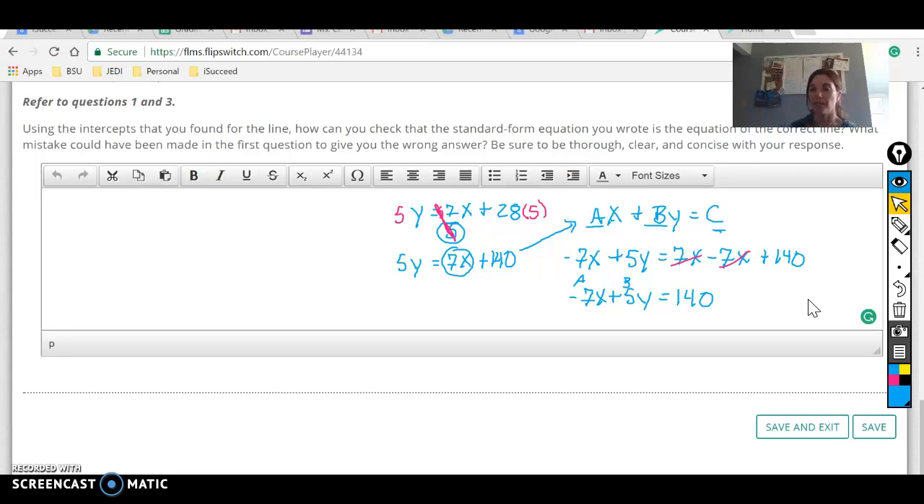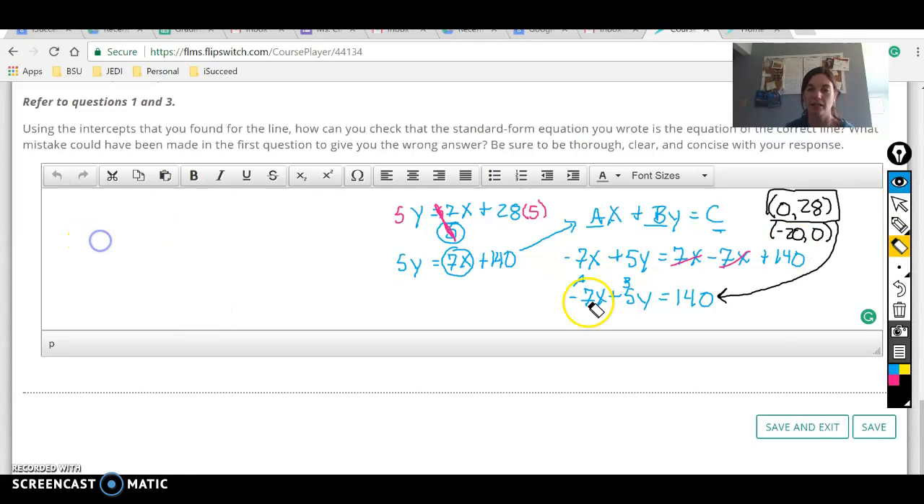Okay, so what we can do is, remember we had those 2 points that we came up with for question A. I'm going to go ahead and write those in black. The first one was our y-intercept, which was 0 and 28. And then the second one was our x-intercept, which was negative 20 and 0. All right? I can take these points one at a time and plug them into this equation and make sure that they equal 140. So if I take,